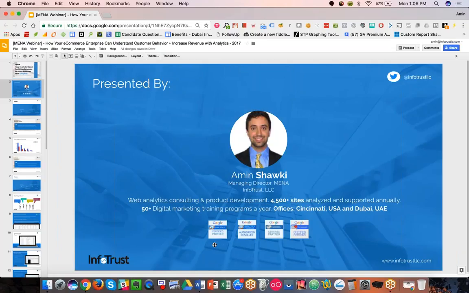So we're certified partners with Google. A lot of the content today will reference Google Analytics, Google Analytics 360, and that process, because that's what we work in every single day. In UAE, at least, I know Google Analytics is the most popular tool in the world as well across all websites. But the concepts that I'll be sharing today for how to understand your customer behavior can be applied to any analytics platform, but the screenshots and specific use cases and case studies that I'll be sharing are from Google Analytics and our work with various organizations.